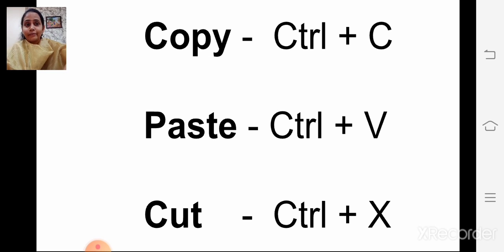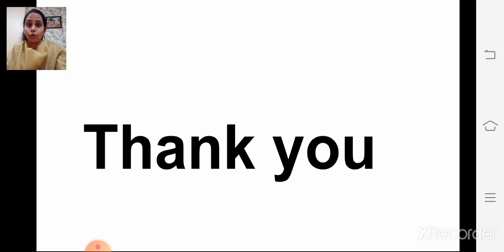Understood, children? Now, I hope you all understood this full lesson: how to open a document, how to edit a document, then copying text, pasting it and cutting the text. Cut means moving the text.